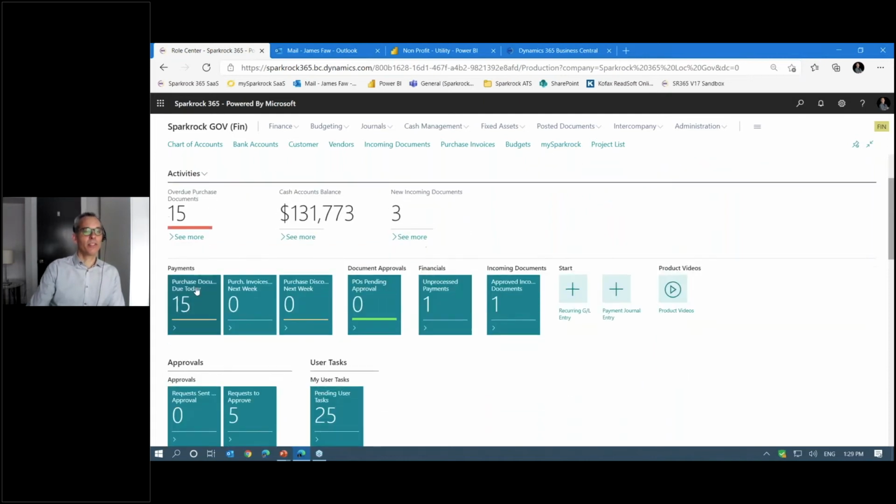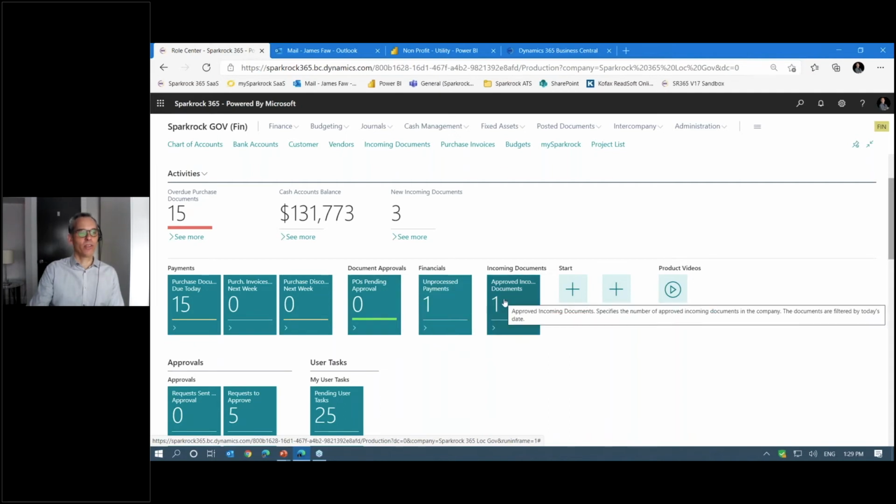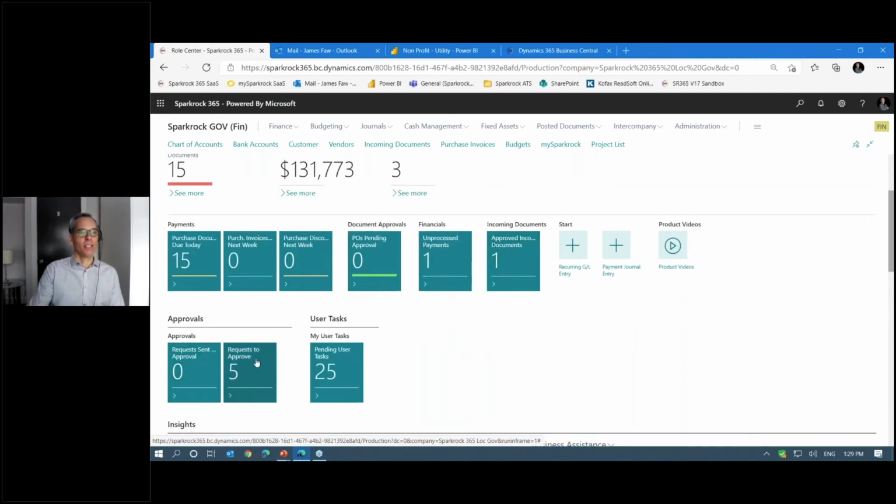And then we can see some additional information: purchase documents due today, any benefits for discounts if I pay early, or purchase discounts, approvals that are pending, any requests to approve. I can see that all here.